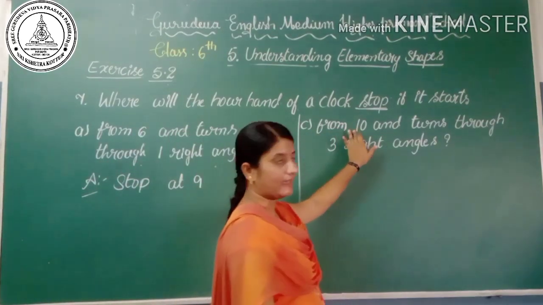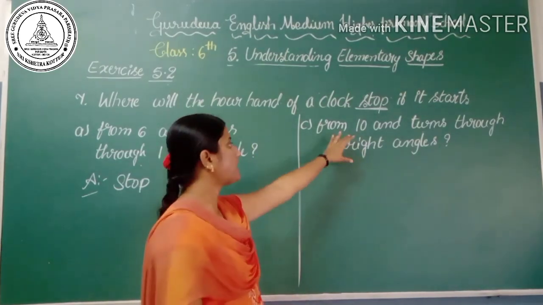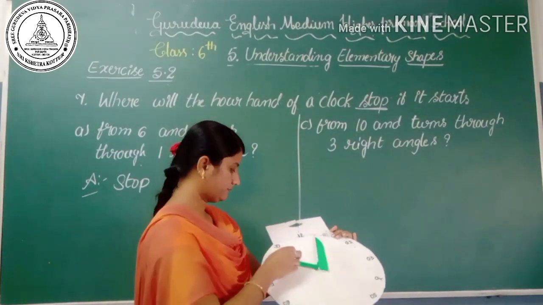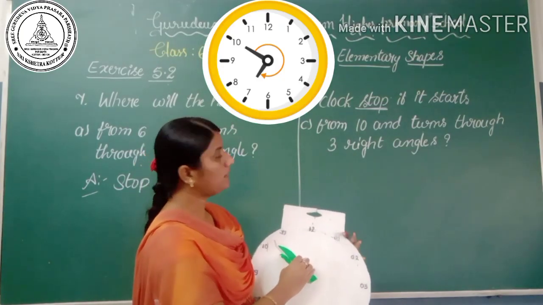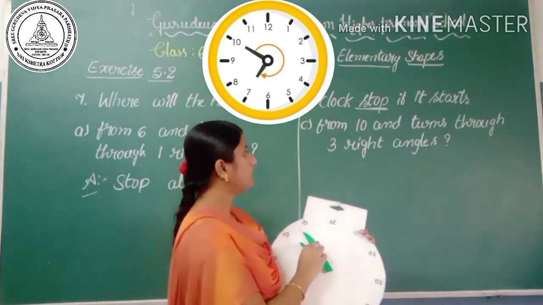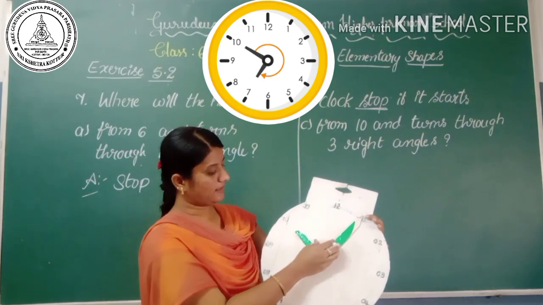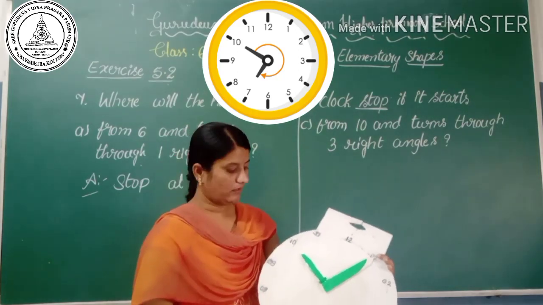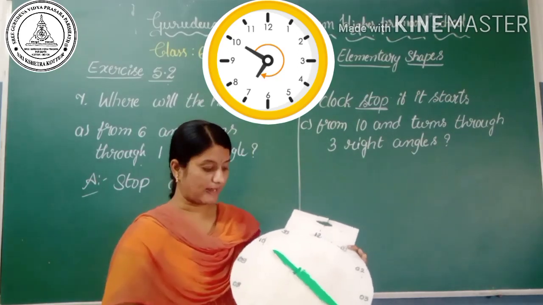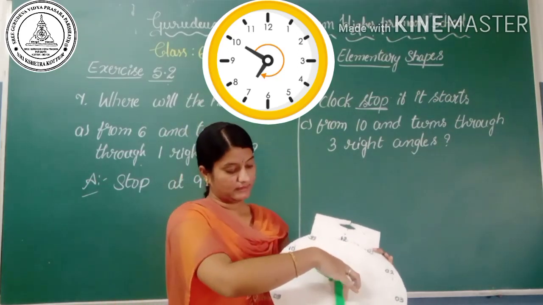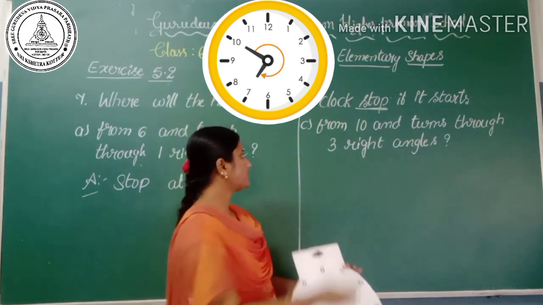Then the next question: from 10 and turns through 3 right angle turns. So start from the 10 and turn 3 right angles. Here 10 to 1 is one right angle, 1 to 4 is 2 right angles, 4 to 7 is the third right angle turn. So the answer